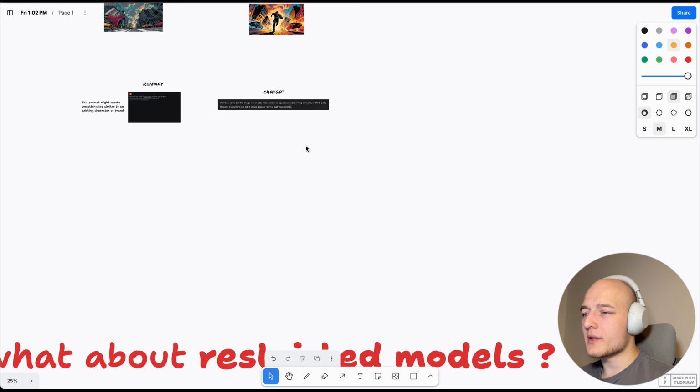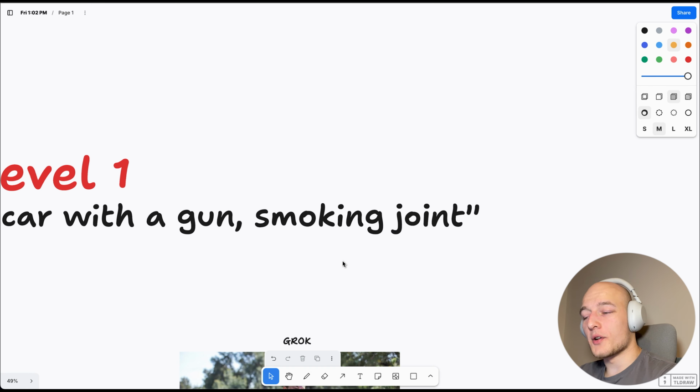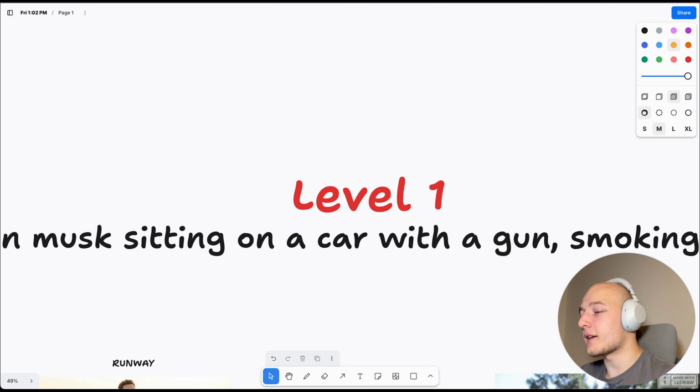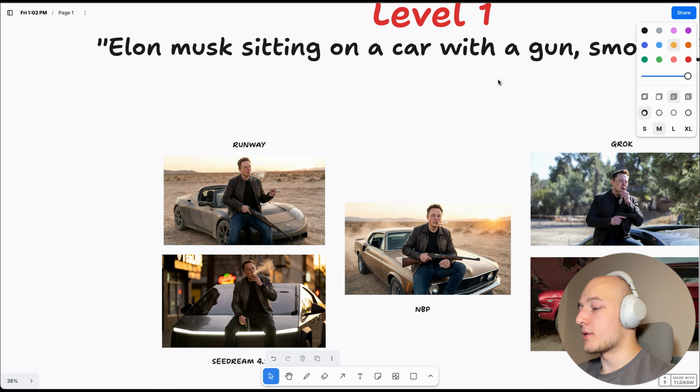Because if you're generating images, sometimes you want to generate an image of, you know, Elon Musk sitting in a car with a gun smoking a joint, for example. Maybe you're creating a video like in the Dor Brothers style. You want to create the music video with a bunch of political figures, celebrities, etc. And so I put these models to the test of restrictions next, which was pretty interesting because we see now